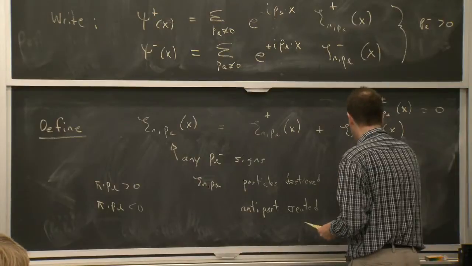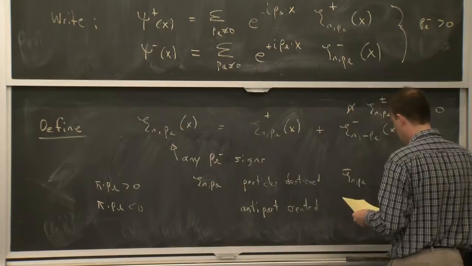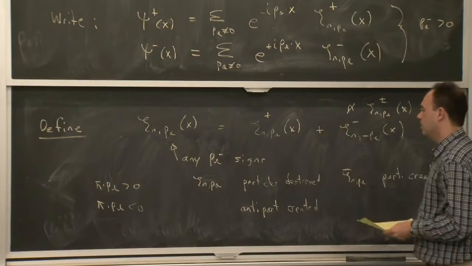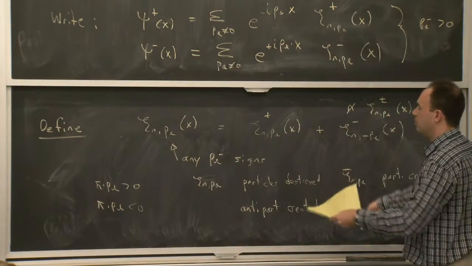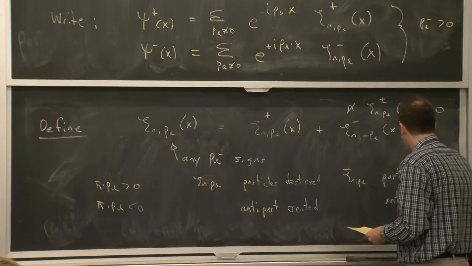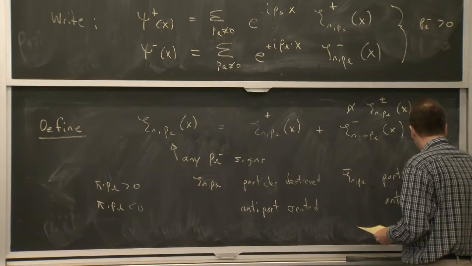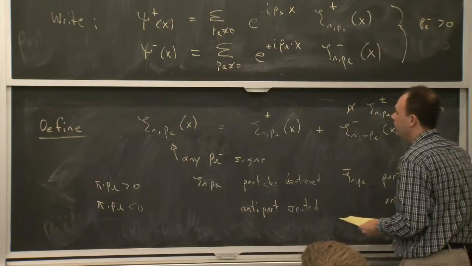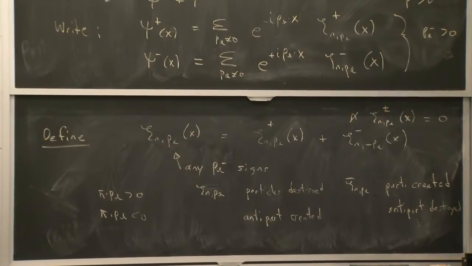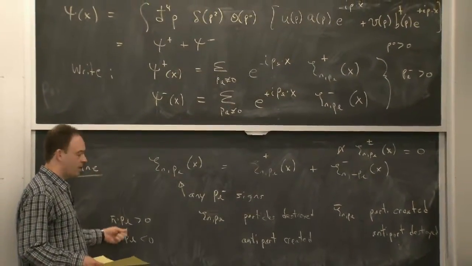And then if I think about what the barred field would be doing with this notation, if the PL is greater than 0, then the particles are created. So this guy is really just the field we were talking about before if PL is greater than 0, and if PL is less than 0, it just repeats the whole story for the antiparticles. So I could write everything out in terms of this plus and minus field, but if I just make this simple definition, put everything back together and work in terms of one field, which does what we're used to, there's just a sign convention to remember for this PL.